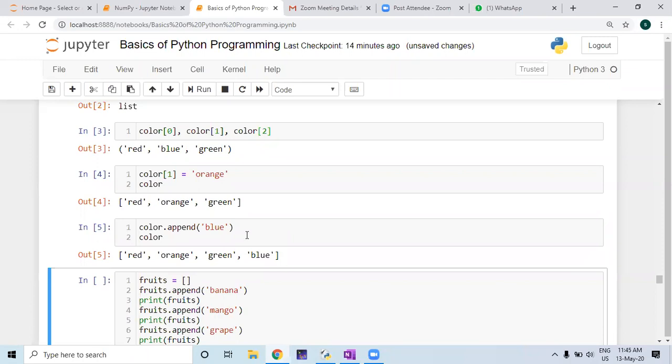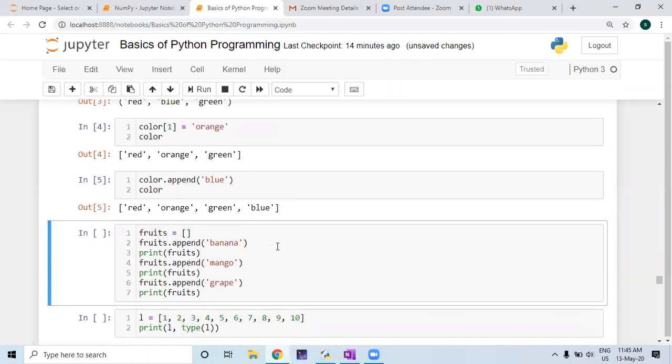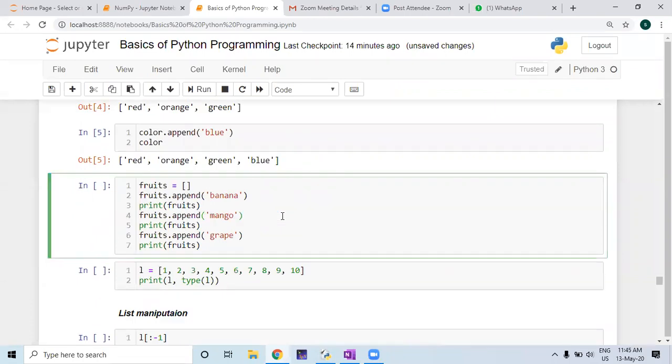Now, sometimes you have to create an empty list. Just like when we go shopping, we take an empty bag and we put elements into the bag. The situation is like this, because in many programs you want to create a list, and during the running of the code, the elements that will be evaluated are put into your list. If I can give you an example after this lecture or on the 4th day, then I can demonstrate this. But for the moment, I have defined an empty list called fruits. An empty list is defined like this: square brackets with nothing inside. That means it is an empty list.